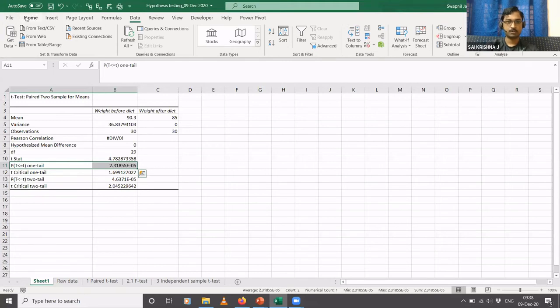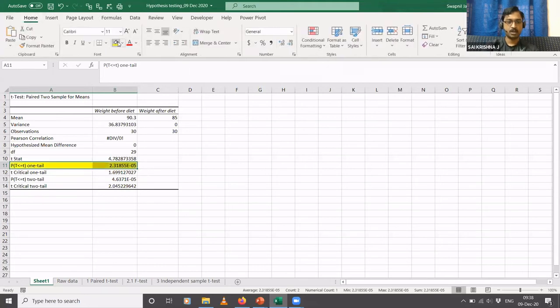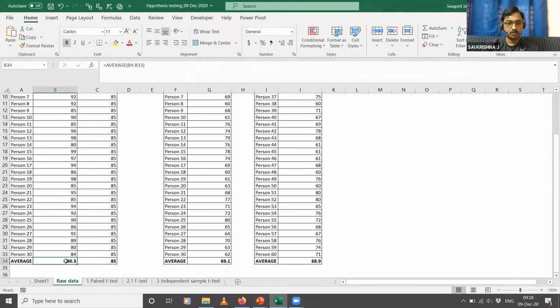And you also have something called a two-tailed distribution, which is to say, okay, let me just come back here. See, now you have the weight before diet to be 90 kg and the weight after diet to be 85 kg. You're saying that the diet has reduced the weight. Now let us imagine one more scenario where it is not exactly a diet, but people are given some kind of medicine or a pill to reduce the weight.